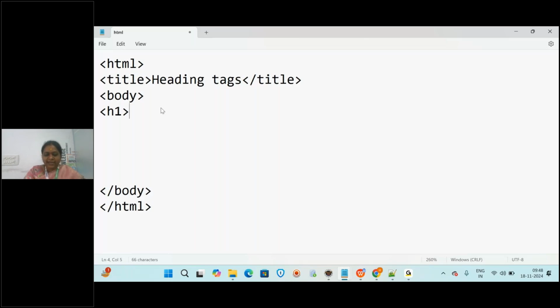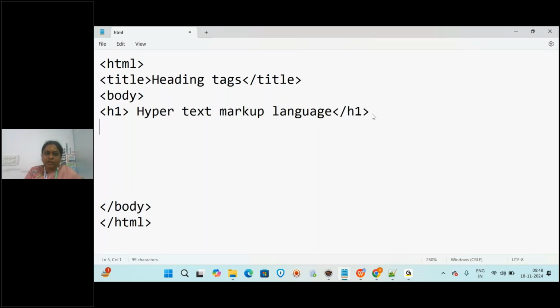And I'm writing some text like hypertext markup language, and then what? Close the H1 tag. After this slash H1, whatever text you wrote will be applied with what? H1.